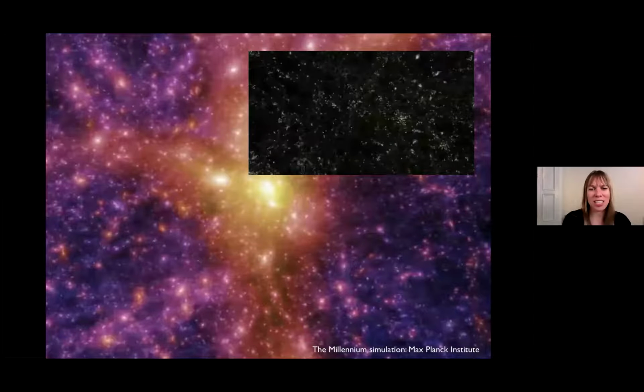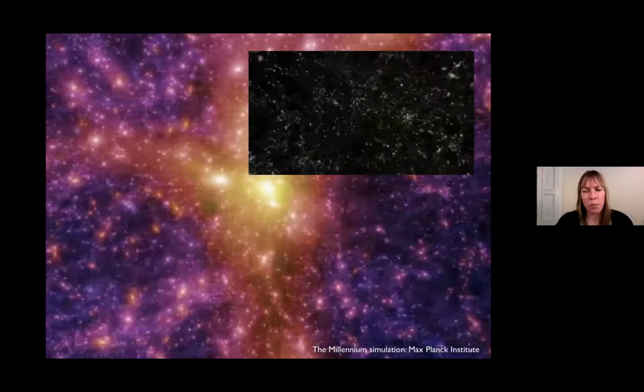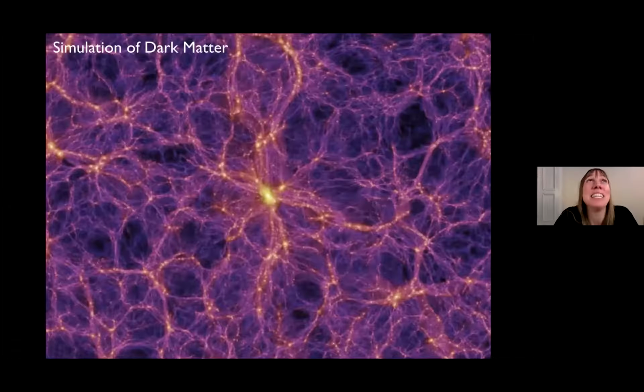Okay, so this is just a static picture now of that cosmic web. When I started my PhD, too many years ago now, far too many years ago, I thought, well, this is a lovely theory, but I want to actually be able to go and map out this dark matter. I know it's invisible, but I want to see it. I want to develop a technique to map out dark matter. And so that's exactly what I did.